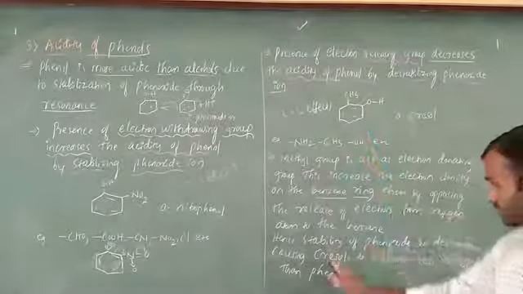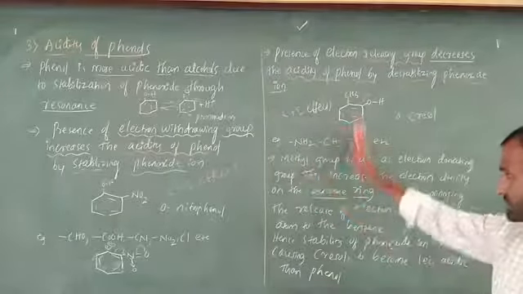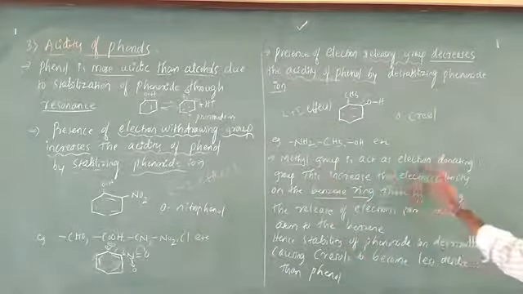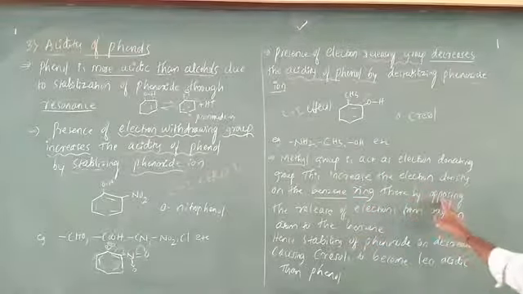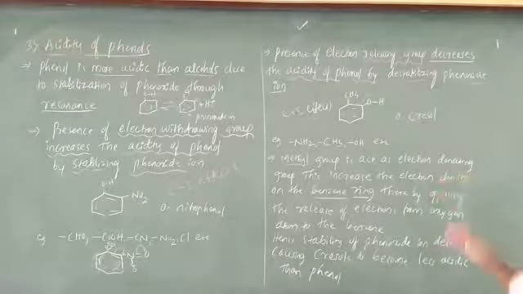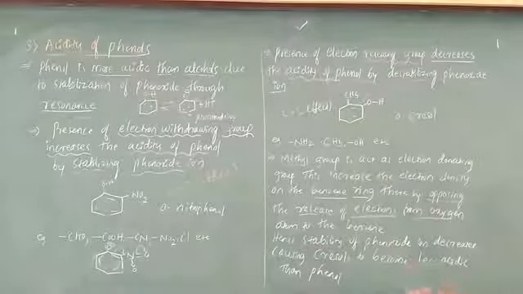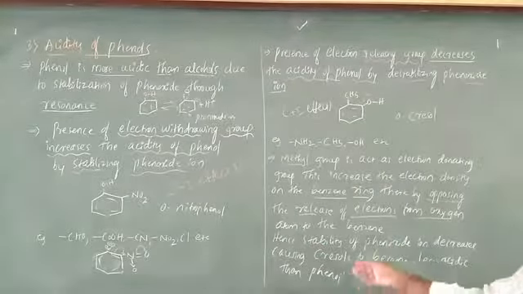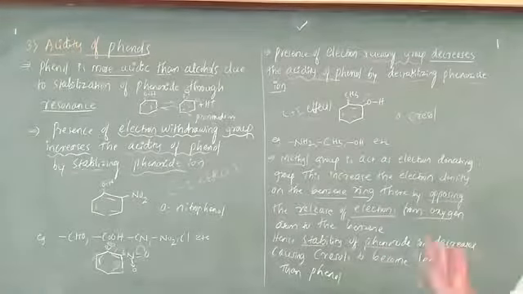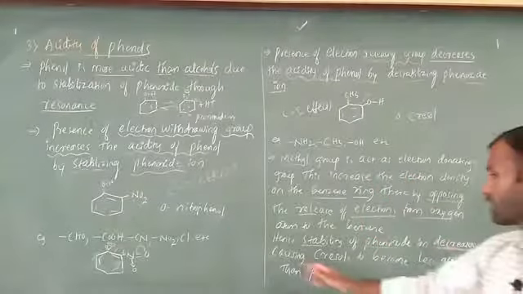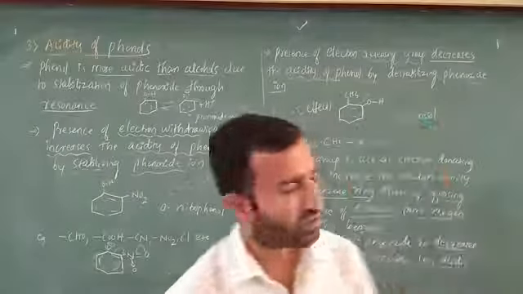That's why everything is in the notes for you. I will read out once what I explained here. The methyl group acts as an electron donating group. This increases the electron density on the benzene ring, thereby opposing, meaning repulsion, the release of electrons from the oxygen atom to the benzene ring. Hence, the stability of the phenoxide ion decreases, causing cresol to become less acidic than phenol. Compare with what? Phenol. This is cresol.